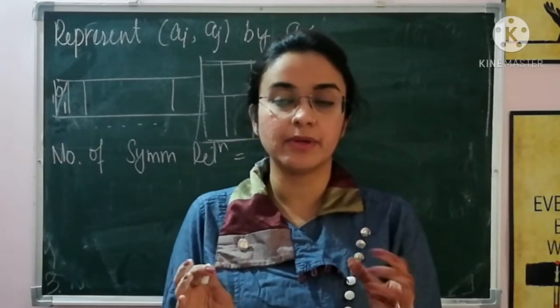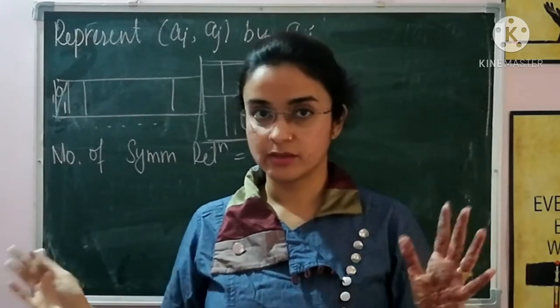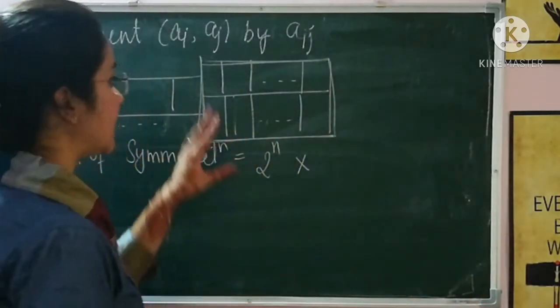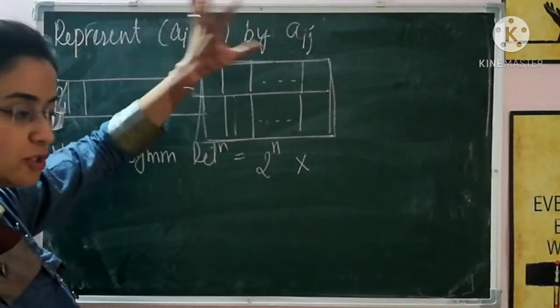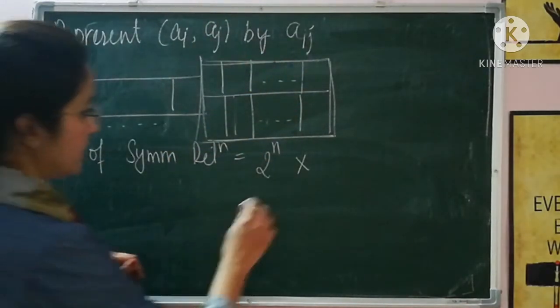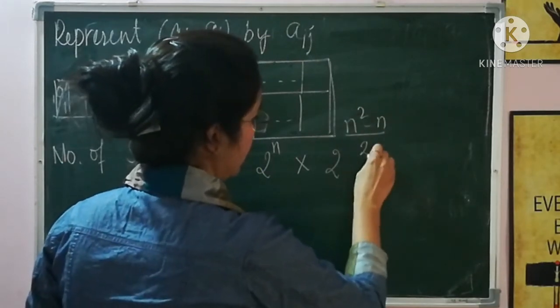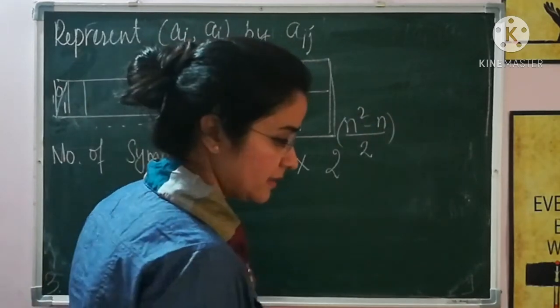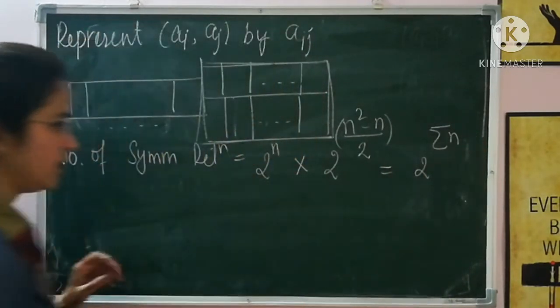I cannot have any pair AIJ and then AJI है ही नहीं, ऐसा तो नहीं कर सकती. So there are only 2 ways, either I am choosing both of them or I am not choosing anything. So the number is here 2 raised to the power (n square minus n) by 2. Right? You can simplify this to get 2 raised to the power summation n, and which is very easy.